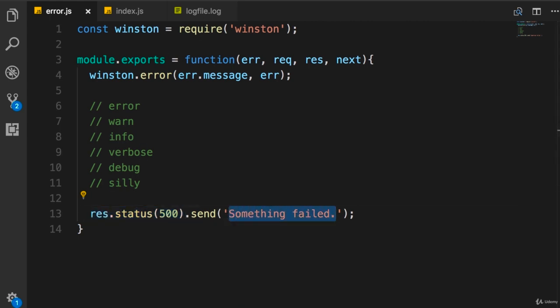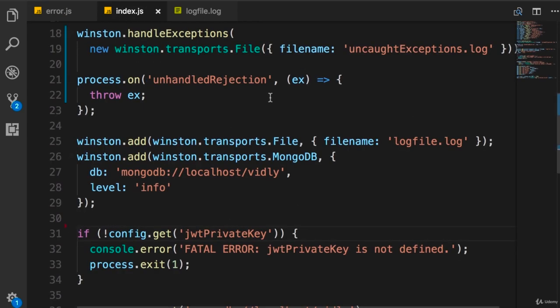Now, as I told you, this only works for errors that happen in the request processing pipeline. It will ignore anything outside the context of Express. So if something goes wrong during your application startup, this function is not going to be executed. So that's why in index.js, we need to call winston.handleExceptions to get any uncaught exceptions and log them to